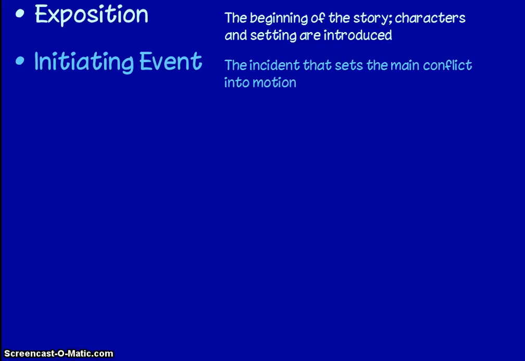And we've talked about conflict before in our previous flip lesson, and conflict is where the main character is struggling with something. So the first time we see that with the main conflict, whatever the main character is struggling with, is the initiating event. And if I'm going to go back to my roller coaster analogy, this would be where